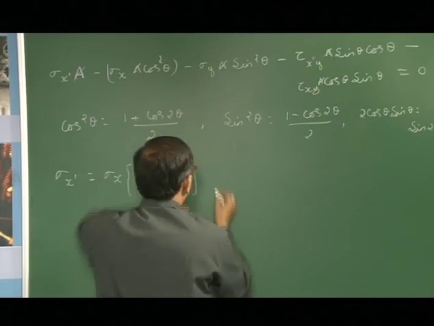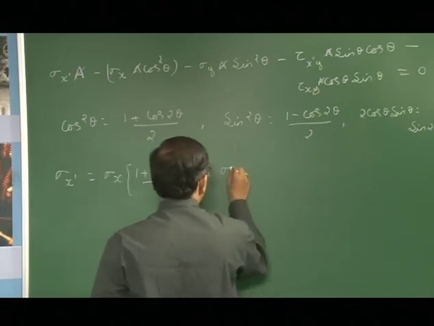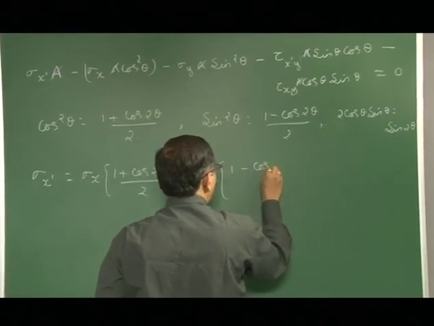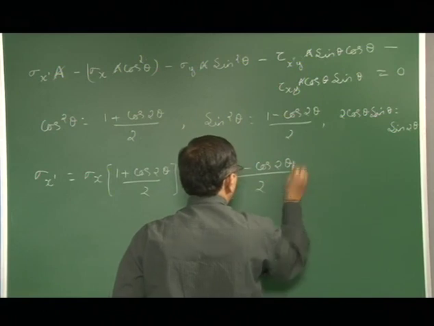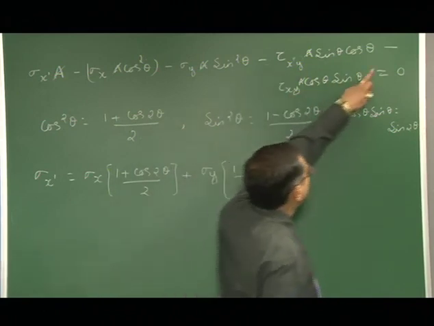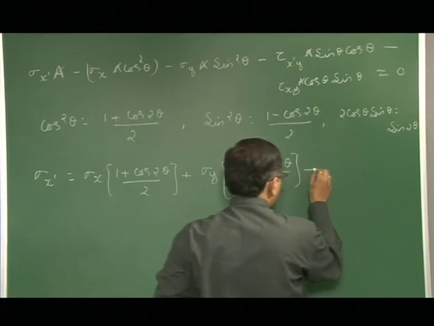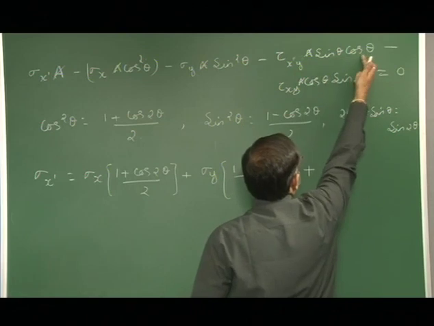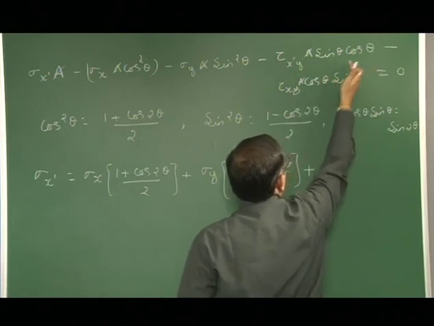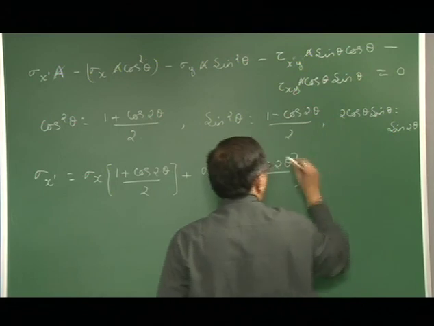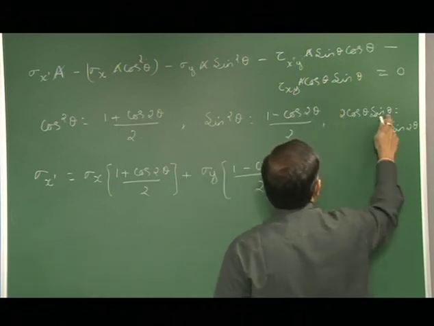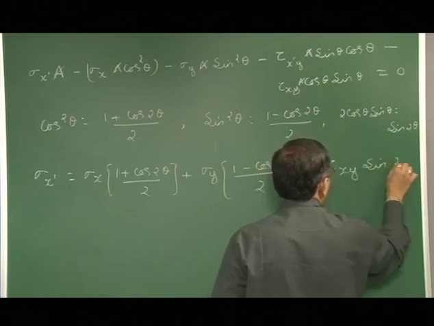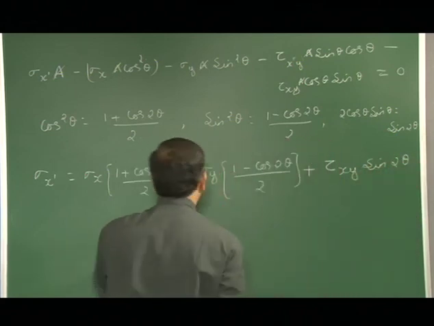Then it becomes plus sigma y sin square theta, which will be 1 minus cos 2 theta by 2, and then this minus, when it goes to the other side, becomes plus. These two I can add, so this becomes 2 cos theta sin theta, which will be tau xy sin 2 theta. So if I simplify this,